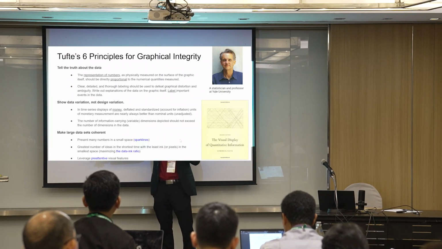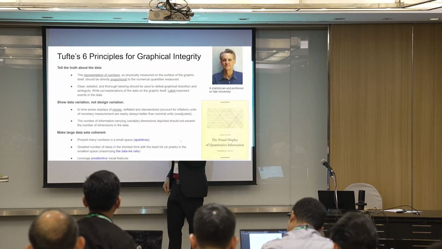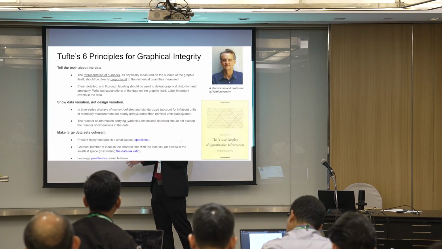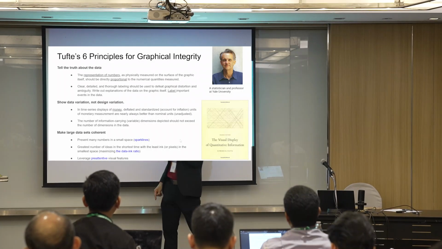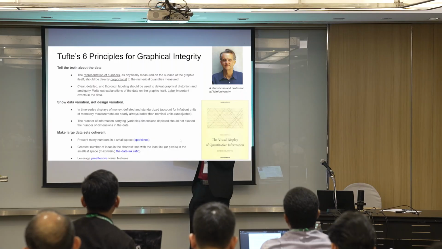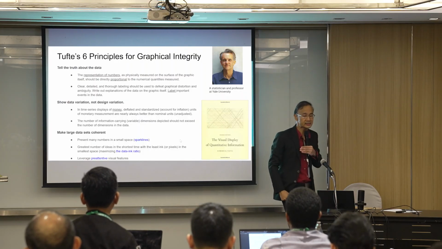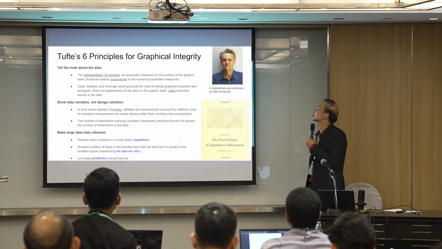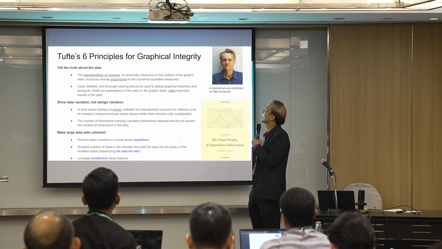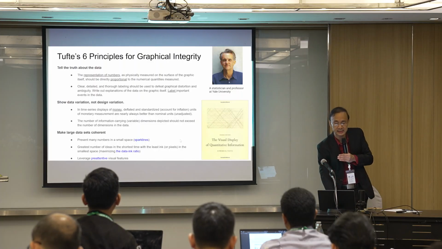But sometimes it's quite obvious, right? Tell the truth, okay? Present clear and detailed information through labeling. Show data variation, not design variation, and make large data sets coherent. So these are some of the guidelines when you want to do some visualization. And we will go through some of these